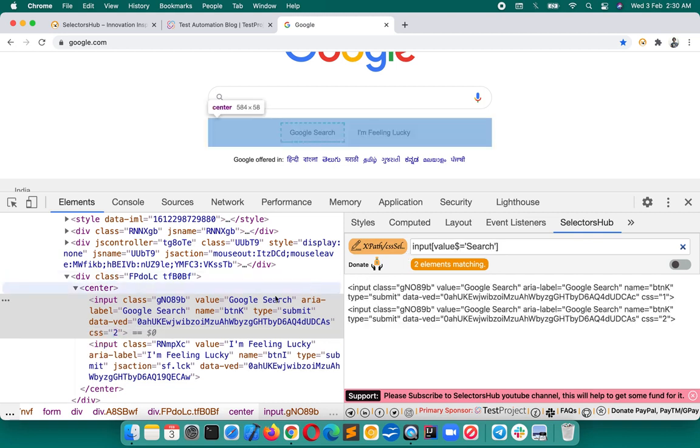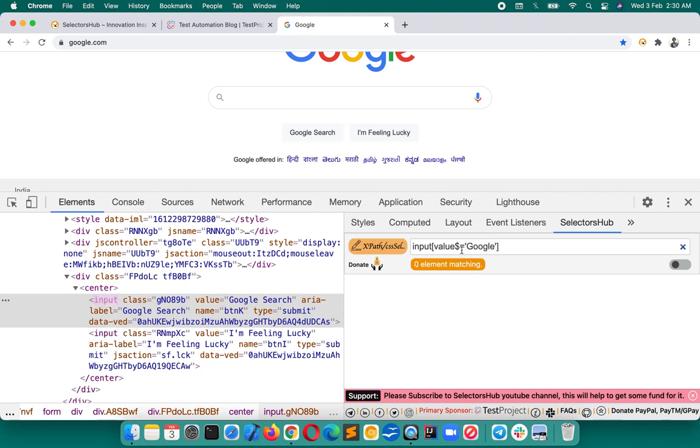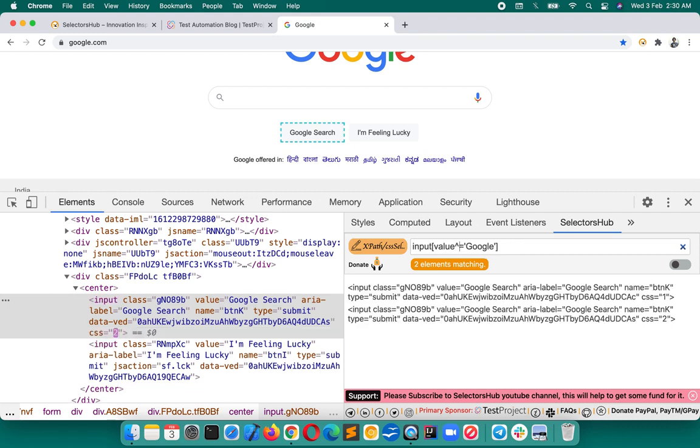If you want to write a CSS selector which starts with Google, add Google here, it is ends with, right? Now if you put cap over here, so cap is for starts with. Now you see that it is giving the results. Suppose we have to write the CSS selector in which we want contains.